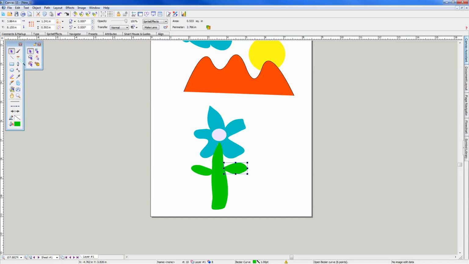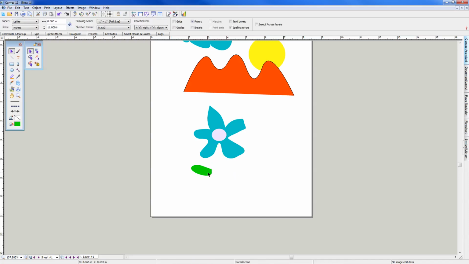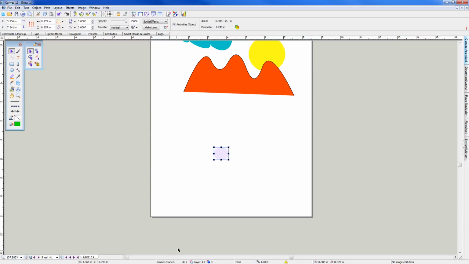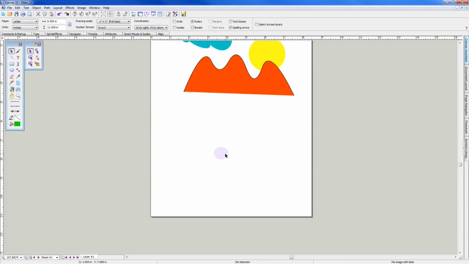So I'm going to go ahead and delete these so I got room on my screen. So I'm going to keep my oval here. And I'm going to select the center of the flower. So if you click the right way, you'll get the center tool come up. It takes a little bit of